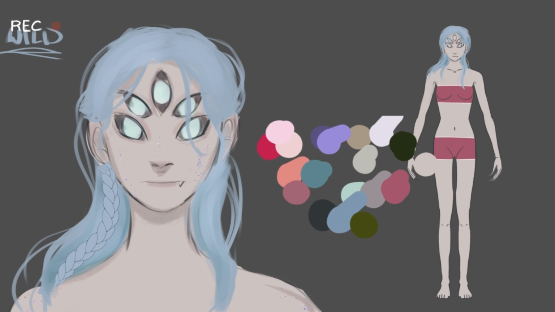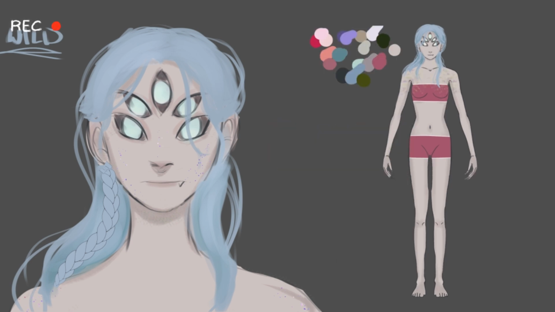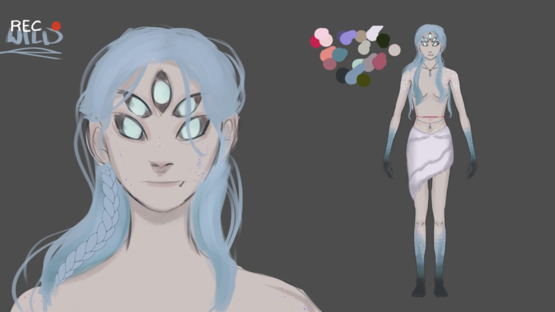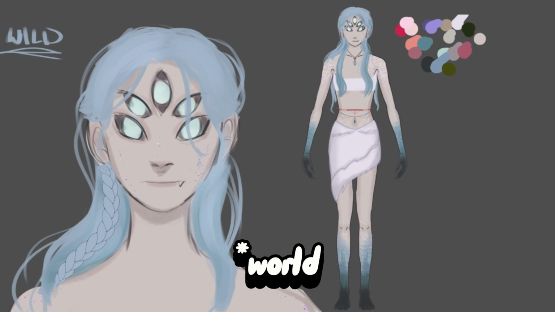When it comes to her skin, I had this vague idea that I wanted her to have this shine to it, almost as if she had scales, but not really. So that's exactly what I ended up doing. I gave her a little shine, as well as giving her some discoloration or maybe other coloration on the ends of her limbs. I'm really happy with the end design, and I can't wait to compare it to the next design and also see how I can make both of these designs work in one role.